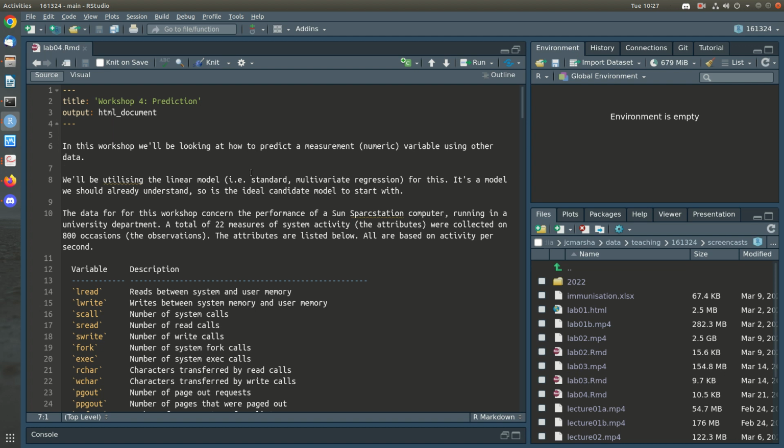So in this workshop we're going to start on prediction. The goal is to predict a measurement variable or a numeric measure using other data. And we're going to start with a model that you should be familiar with, which is the linear model, or linear regression. We're going to be looking at straightforward multivariate linear regression for this. It's really the best candidate model to start with because you probably already understand it and know about it, and it's very straightforward. It's computationally simple, so the mathematics behind it is very simple, and it can be used